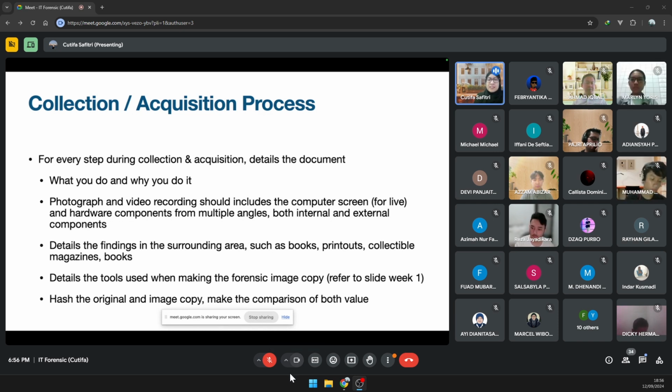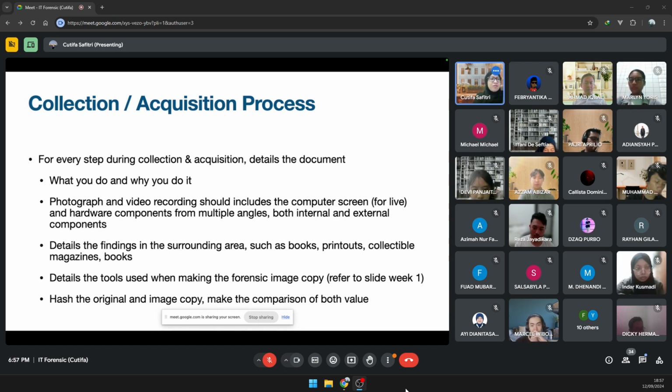Detail the findings, such as if you found a book. For example, you want to know why company A has a malware. The malware resides on a certain computer, and the result of the malware is a data leak. You found it in somebody's computer, and then you check in the drawer or nearby, and there is a book, Malware 101.